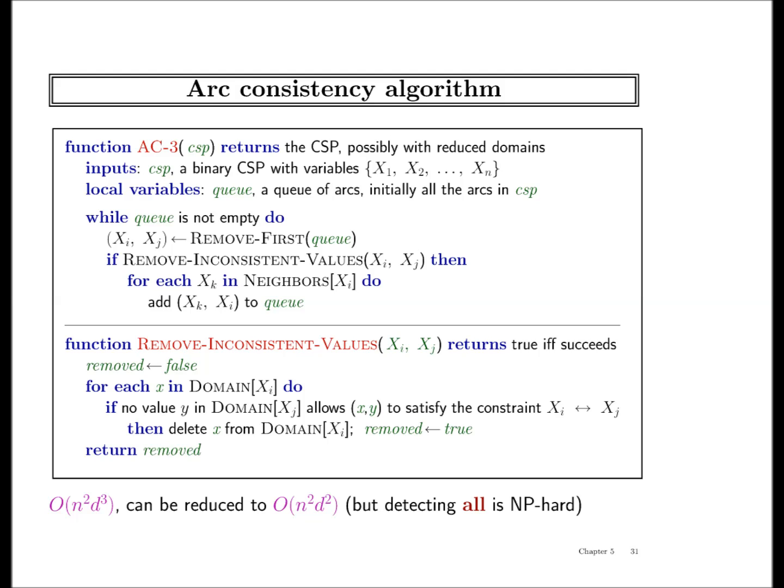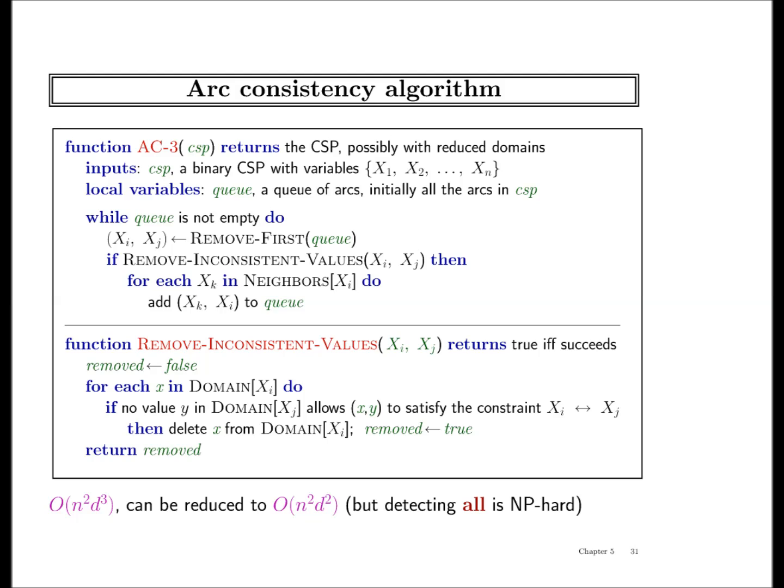Looking at this algorithm, we have the queue. d squared is the amount of time it takes to check one pair. Yes. And the question is, how many pairs can we have? n squared at worst case. A variable is re-added at most d times, because d is the length of the domain. When you re-add a variable, the domain is shrunk by at least one. That's right. And so n times d is the number of times you can re-add something.